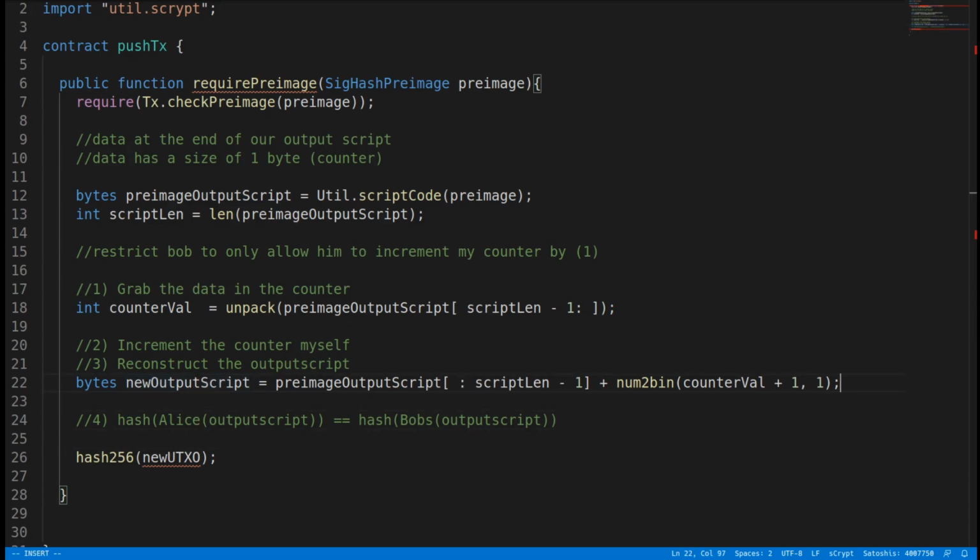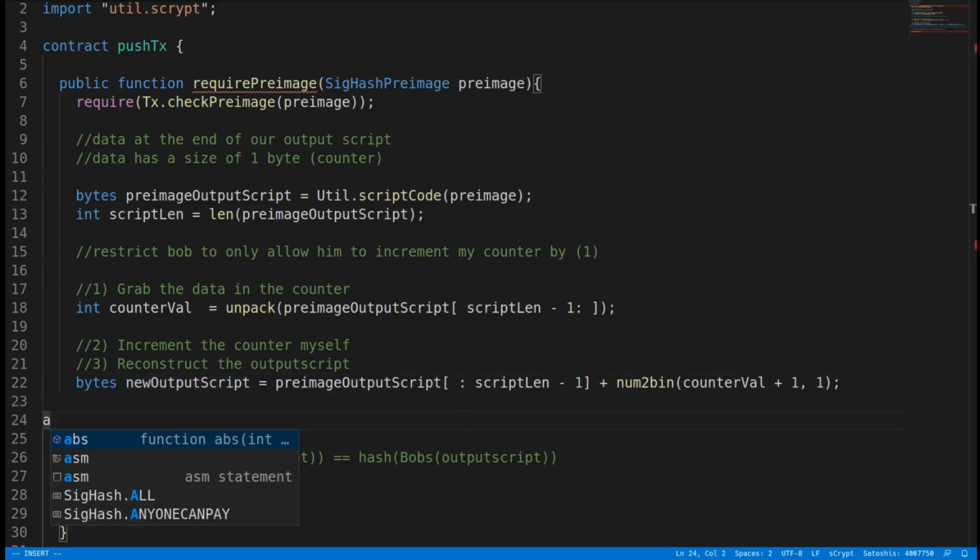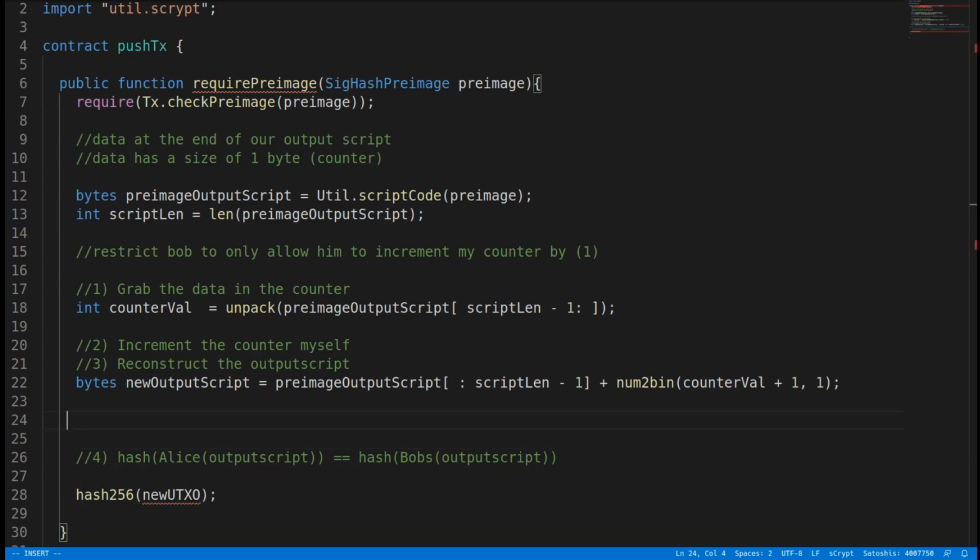I've left a step out here. I've forgotten about this, the new UTXO that I need to create. Okay, so let me not talk about this first. Oh, this IDE does not understand how to... okay, I don't understand. I don't yet know the shortcut command for uncommenting lines quickly. Anyway,